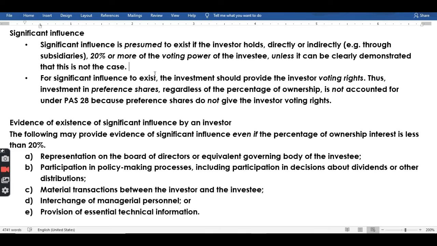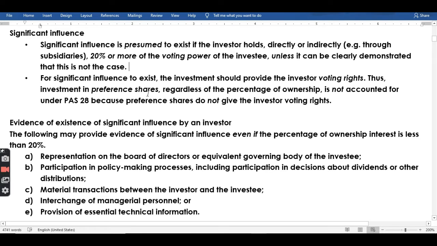Okay? So, ibig sabihin, if you have stock rights, if you have stock options, or if you have stock warrants that you are holding, okay, that can give you additional voting rights or voting power. Pag in-exercise mo yung mga rights, options, and warrants na yan, at pag kinompute mo, then you will now have 20% or more voting power, then it can still indicate, okay, na ikaw nga ay may associate. Okay? Yun siya. Ngayon, bago tayo mag-move on,